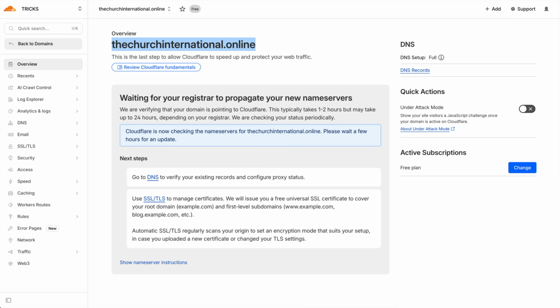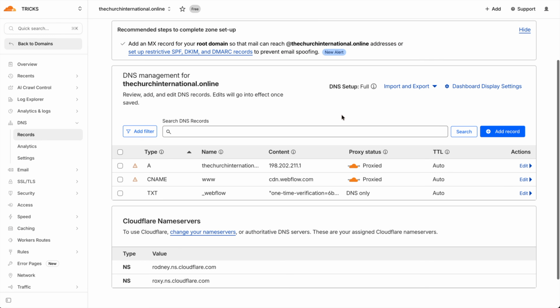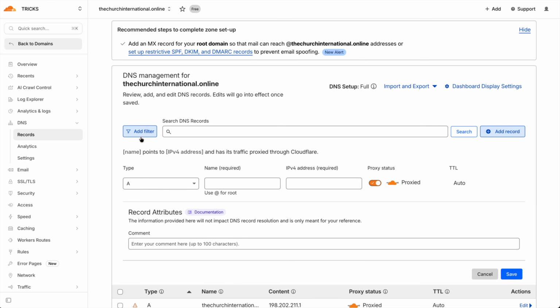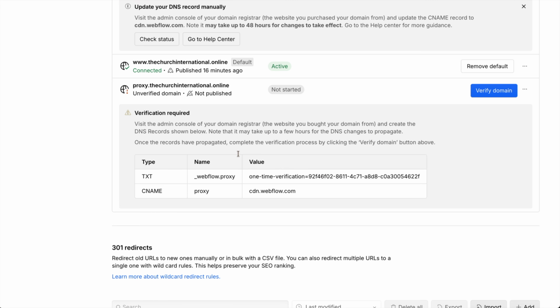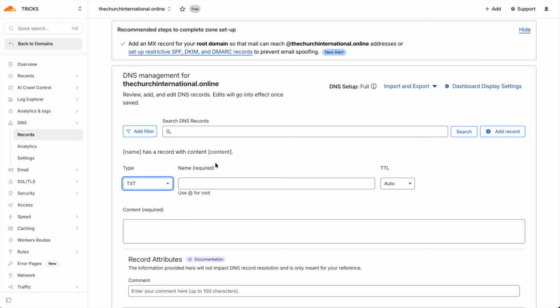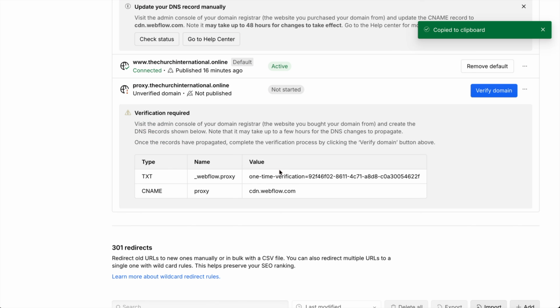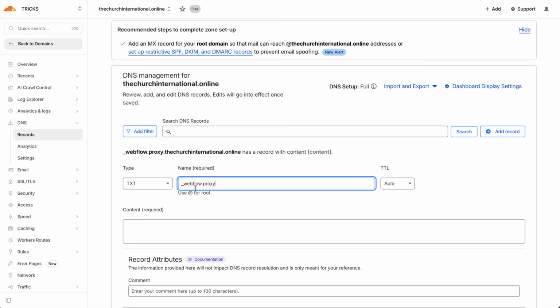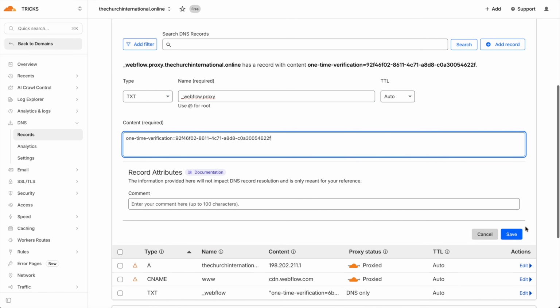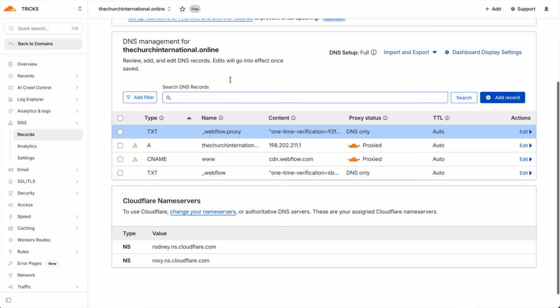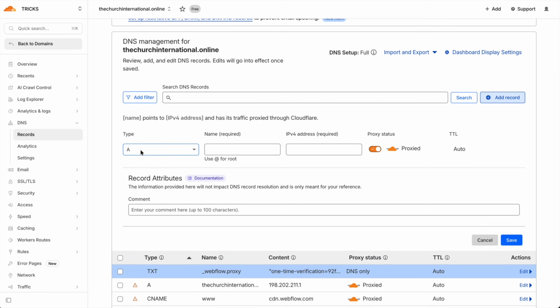So what I'll do here is click this DNS records, and in here, we're just going to add a record, and we're looking for a TXT record, and we'll copy this. That includes our subdomain, and then we'll copy the value here, and paste that in there, and hit save, and then we'll add another record, and this one's going